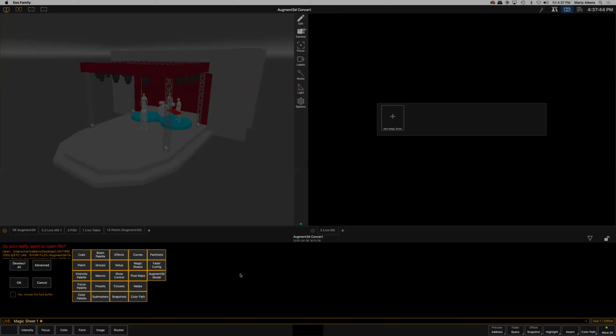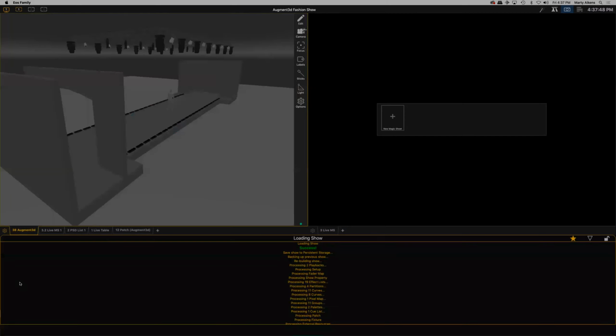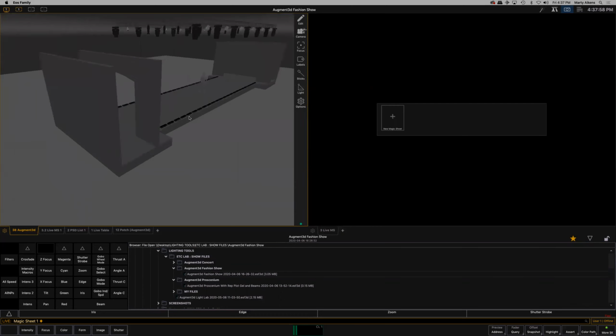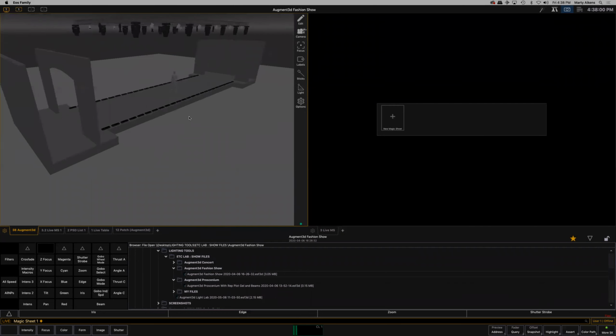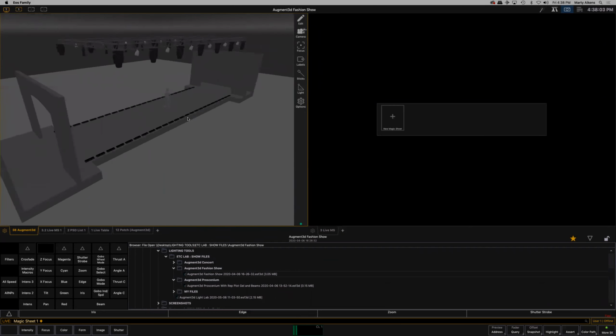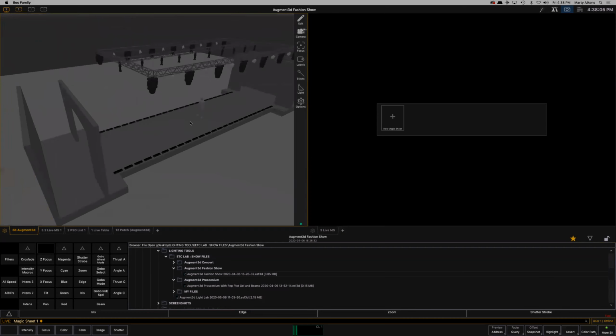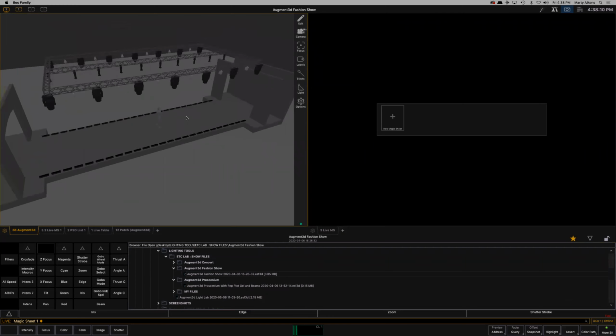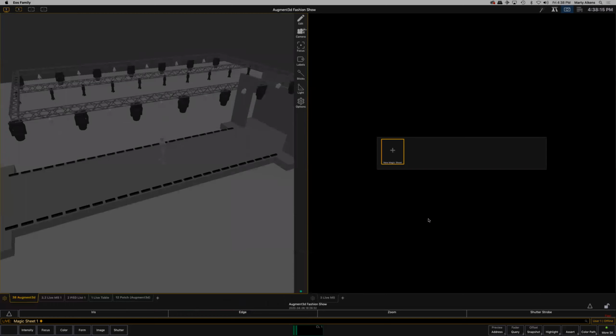And I'm going to double click on it. And yes, I want to open it. And I'm going to click OK. And it's going to take me to a really cool traverse stage so that we can do a little lighting on a runway stage. And we've had three really awesome show files here from ETC where we can practice doing some lighting in three completely different venues. So I would close this guy and set up my other workspace